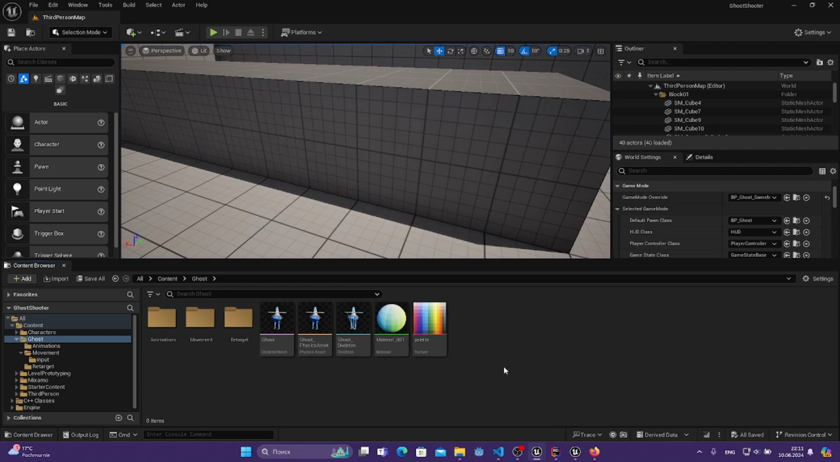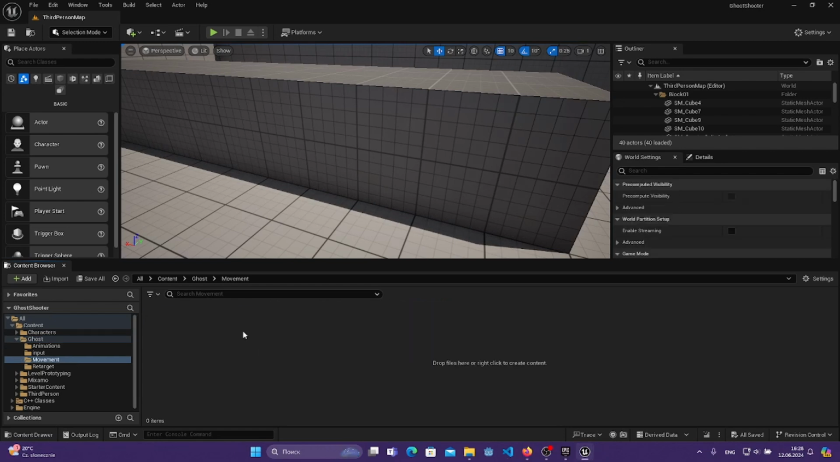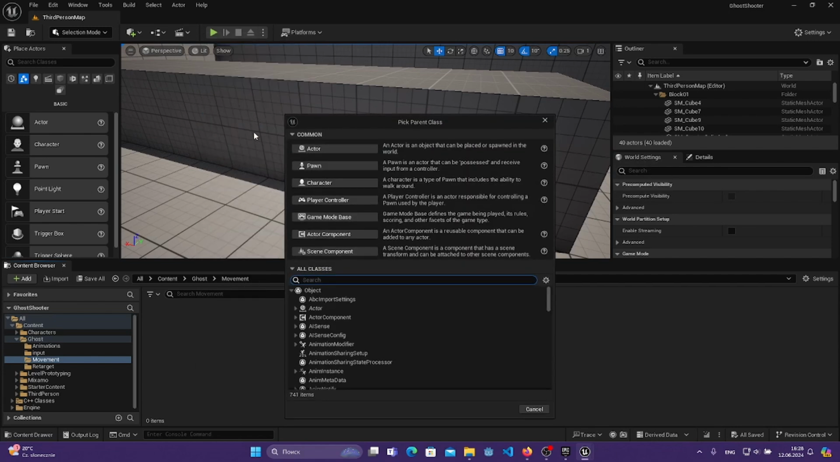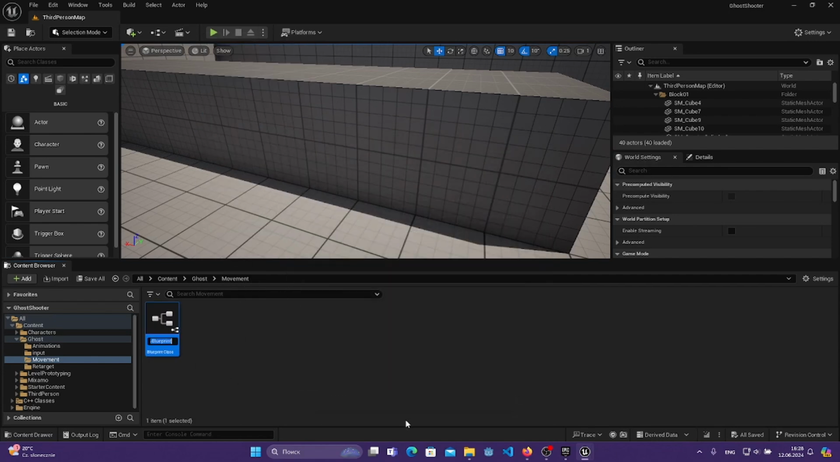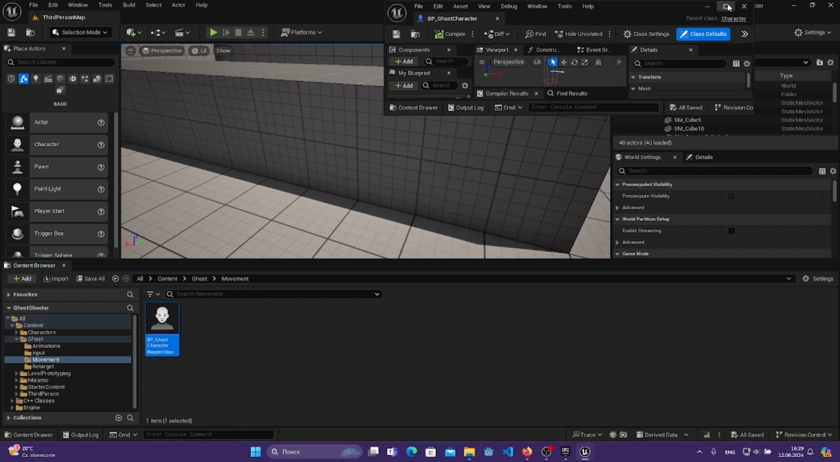Okay, so that's it for the C++ part. Now we'll jump to the blueprint part. Okay, so now let's implement character and character movement with the help of only blueprints. So hit right mouse, blueprint class, and select character. We're going to inherit our blueprint from character class and name it BP ghost character, like that. Open it up, you can also save it,